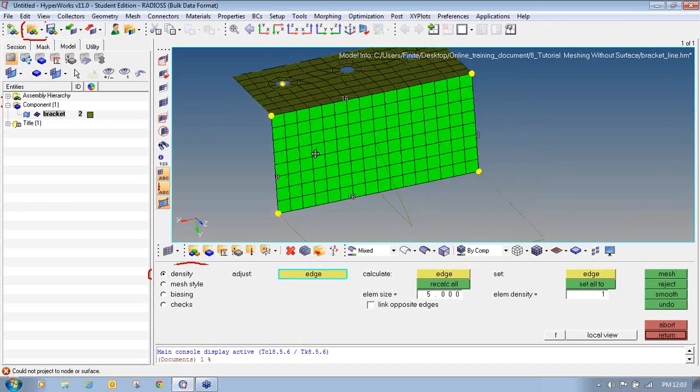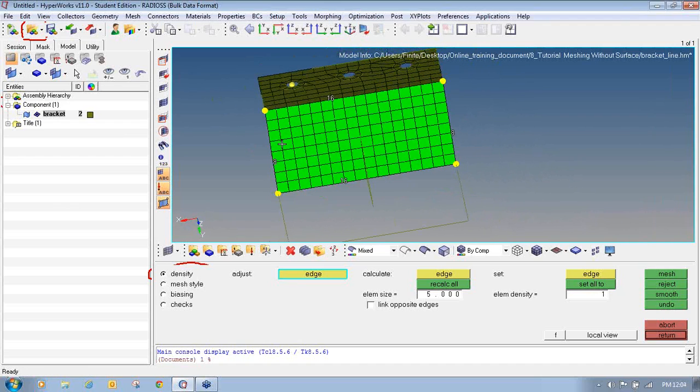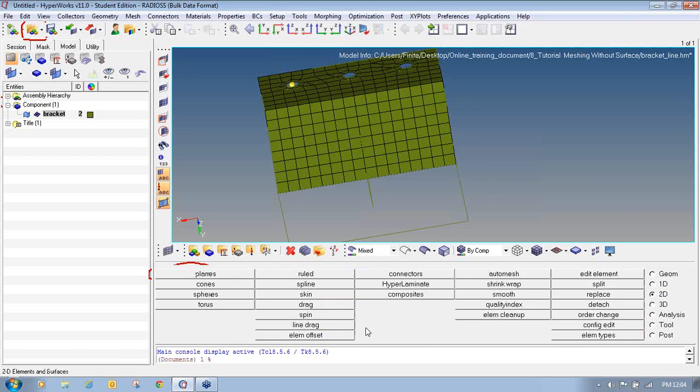So in this way it has generated the mesh. Now I will move to the next panel. Before that I will click return to exit the mesh edit panel and accept this meshing. Again I will click return to exit the line drag panel.